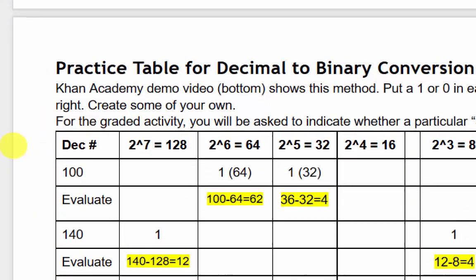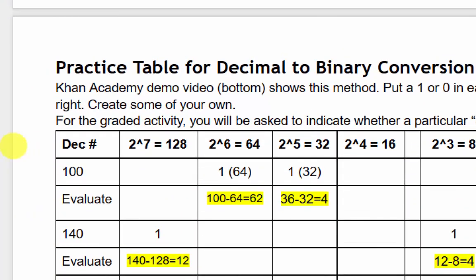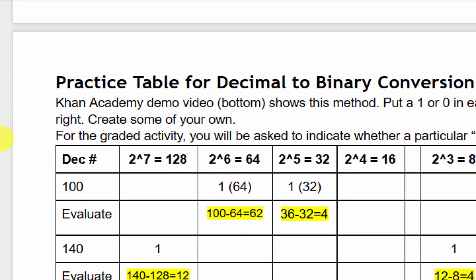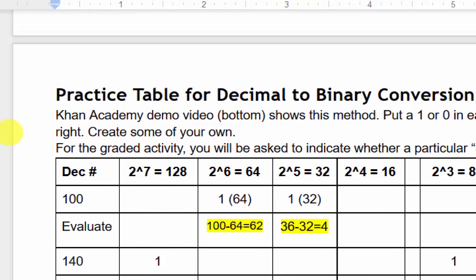So now we'll start with this number, 100, and this time you probably need some scratch paper beside you, and maybe a calculator or not. What we're going to do is start with this first number. 2 to the 7th power is 128. Do we have a 128 in 100? No, skip it. So we come over to the next number, which is 64. 2 to the 6th is 64. Is there 64 in 100? Yes, there is. So we'll put down a 1 in that slot,